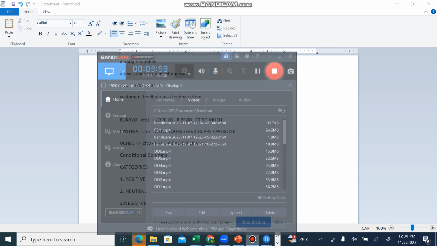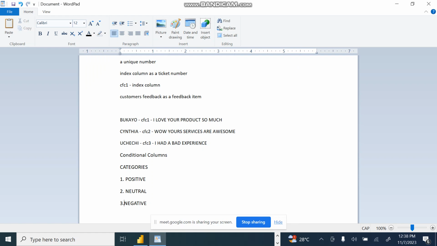If a customer's feedback in this company includes words like terrible, bad experience, unhappy, we want it to be labeled as negative. For you to be able to do this, you need to apply what we call conditional columns,